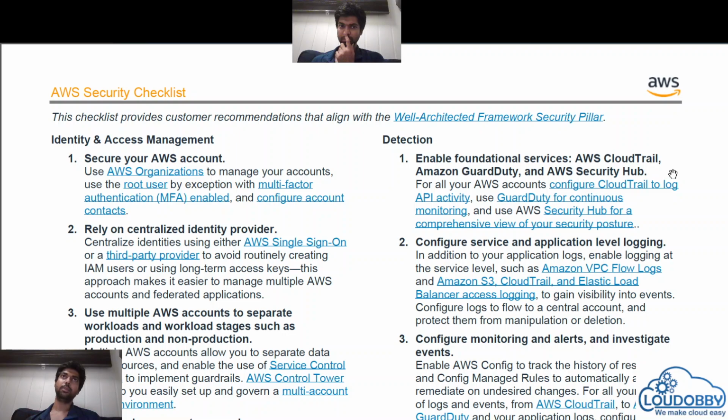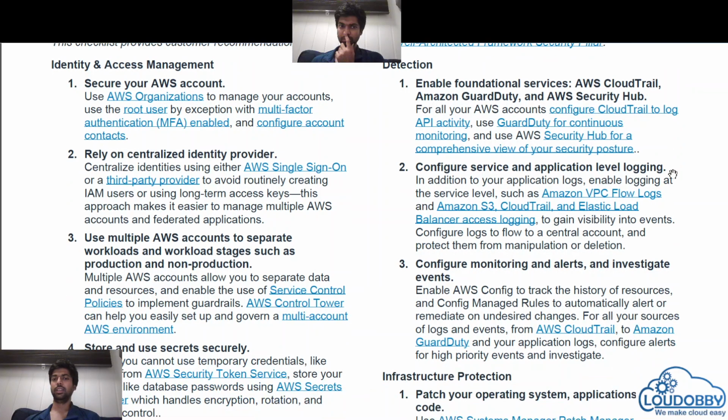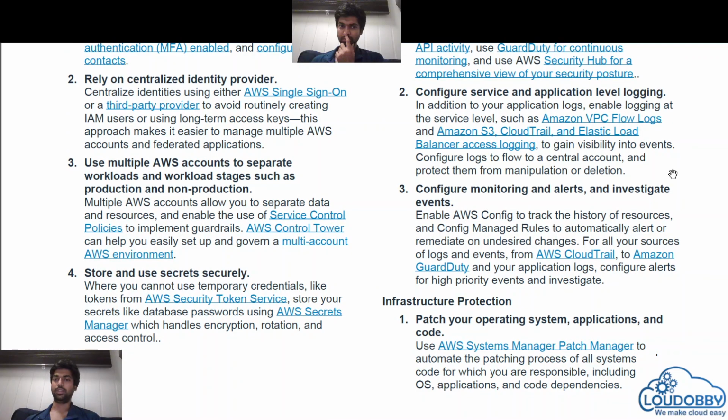The alert is nothing but something goes wrong, so you can investigate what has happened. So these are the services checklist which AWS suggests for detection. Now we move on to infrastructure protection. This is very important: how are we going to protect it